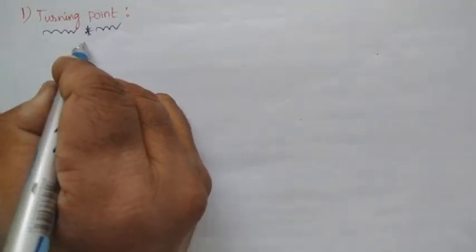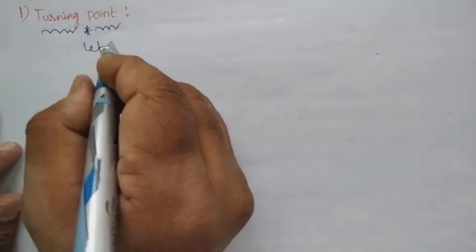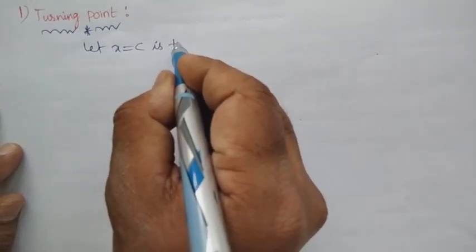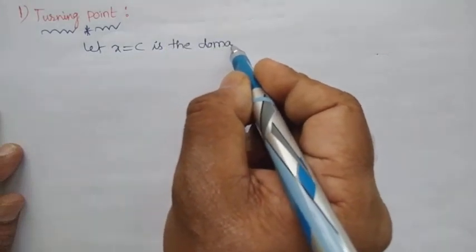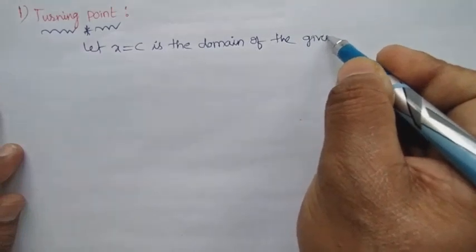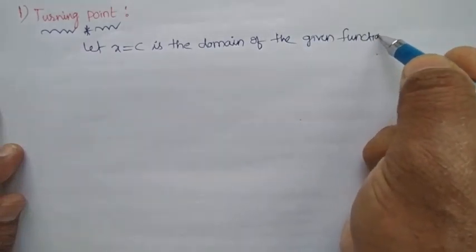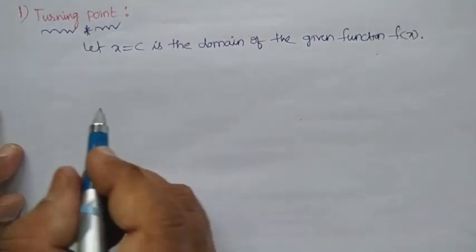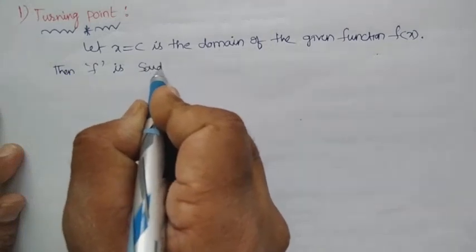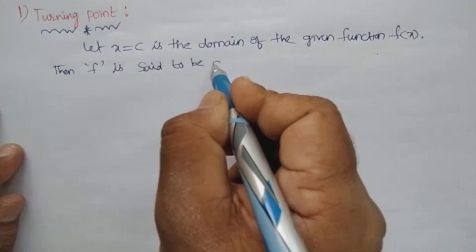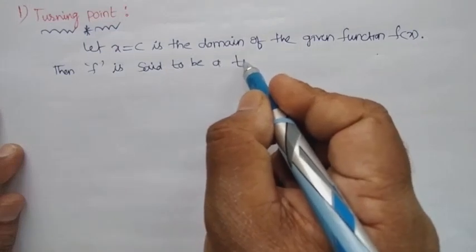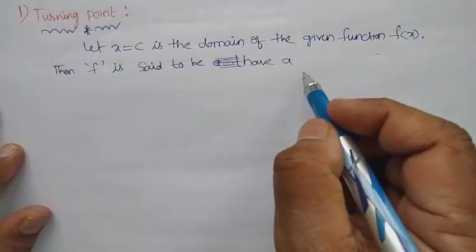Let x equals c be in the domain of the given function f of x, then f is said to have a turning point